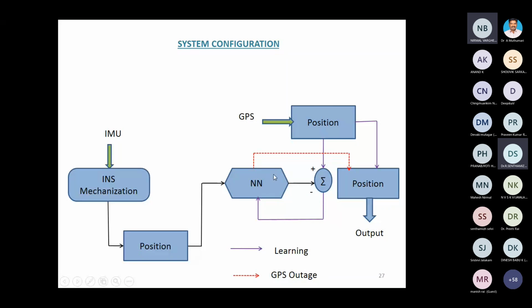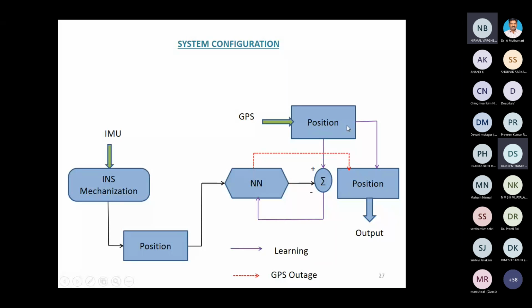The trained output goes to the input of the summer. The other input of this summer is nothing but the GPS values. These GPS values you take as the target output. Now this GPS value can be compared with your trained INS value. As long as your trained INS and GPS values come closer, the output error, the position error, will be minimum, so that the value of INS will come on par with your GPS.